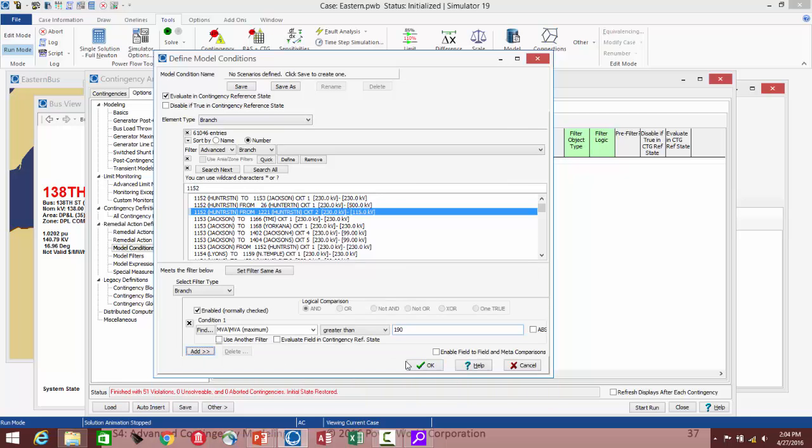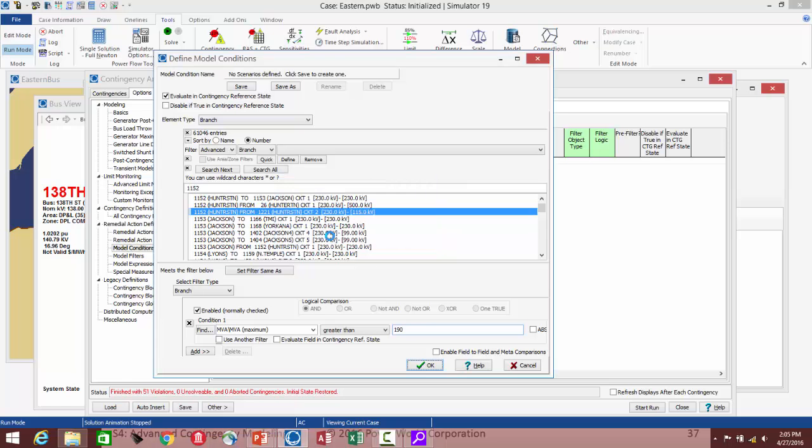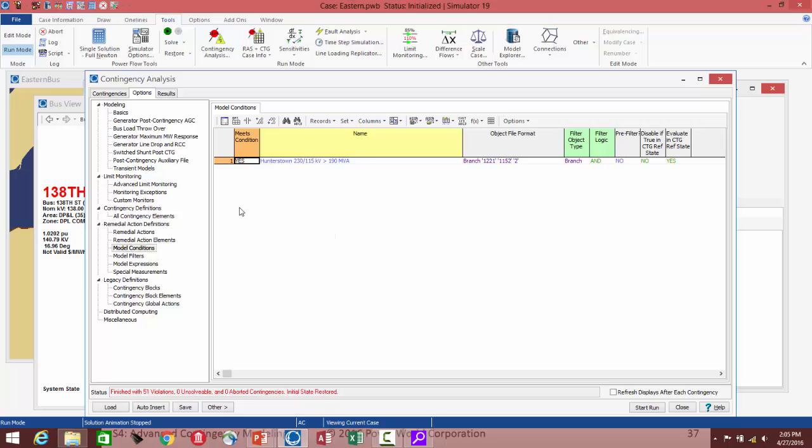But we'll just do something simple where we're just comparing the flow on this transformer to a certain value, and we're evaluating it in the reference state. So when I'm done creating it, I can click OK, and then I would give it a name, and I'll call it Hunterstown 230/115 kV greater than 190 MVA or something like that, something that tells me what it's doing, and then I click OK. And then it'll tell me, once I create it,